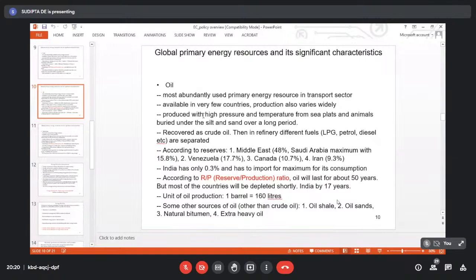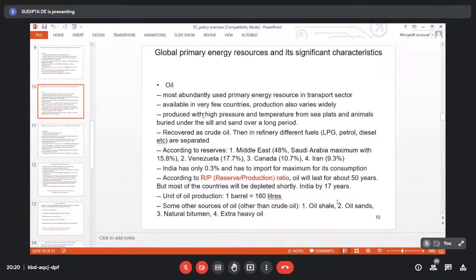compositions, meaning the ranges of mixture of hydrocarbons in those. For example, petrol has certain ranges of hydrocarbons according to their molecular composition. Diesel has a different hydrocarbon range. LPG has a different one, that's why it is a gas, etc. But all of these segregated fuels are basically hydrocarbons. That means compositions of hydrogen and carbon.